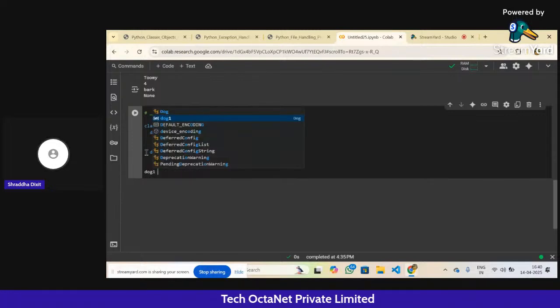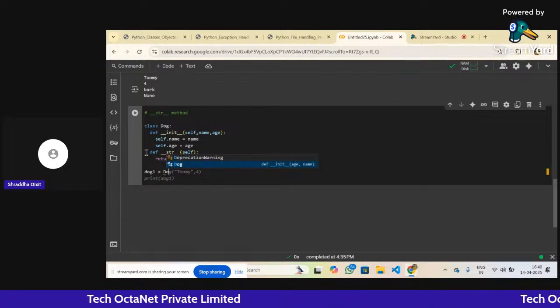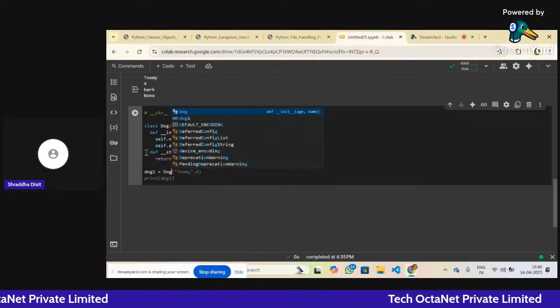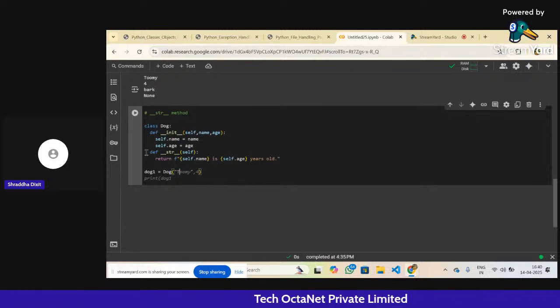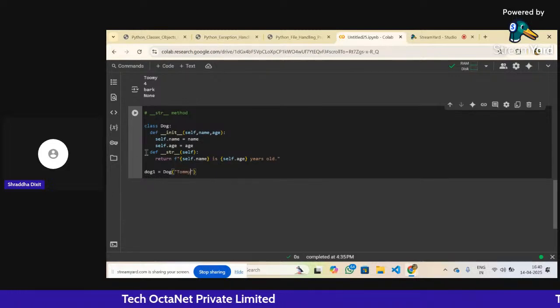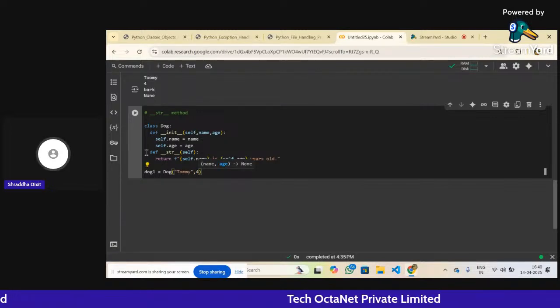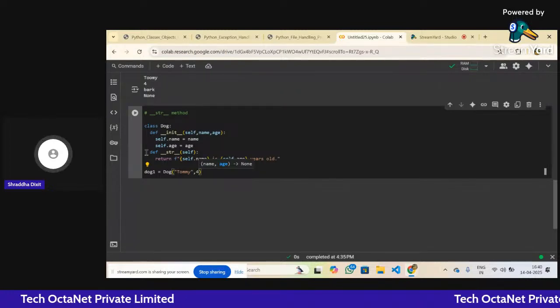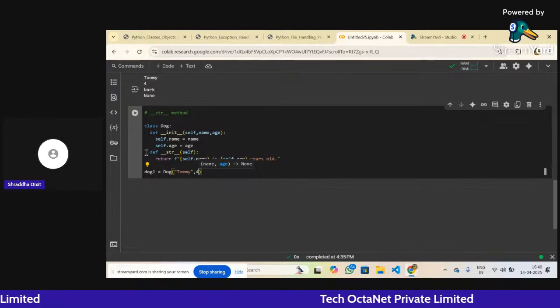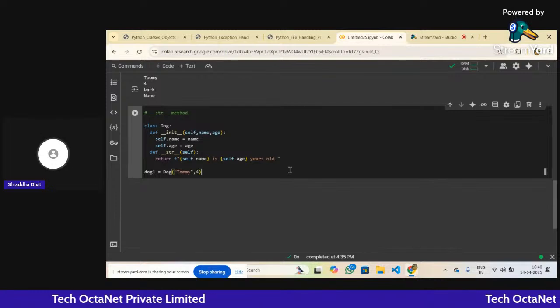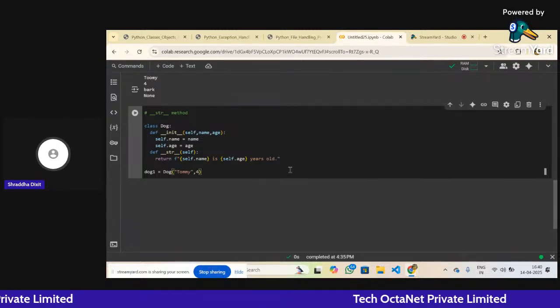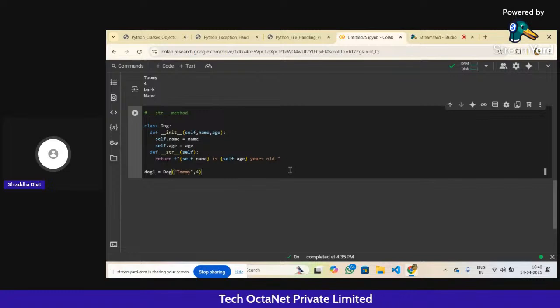Now if I say dog1 equals Dog, and just simply say like this. Okay. So if we see this code, we'll simply see that str is defined. This is a method in the Dog class that uses the self parameter to get the name and the age printed here. Now whenever print dog1 is called, Python automatically uses the str method to print this